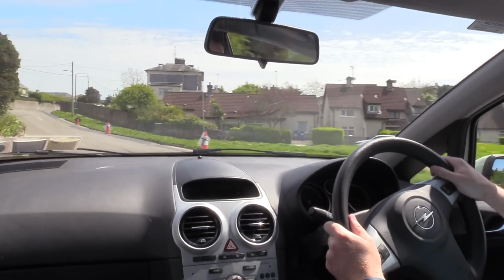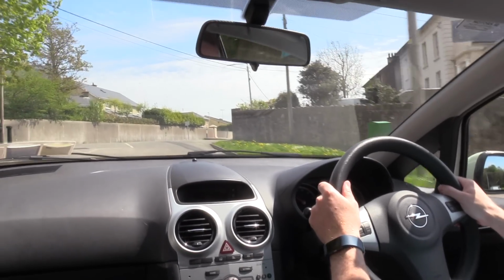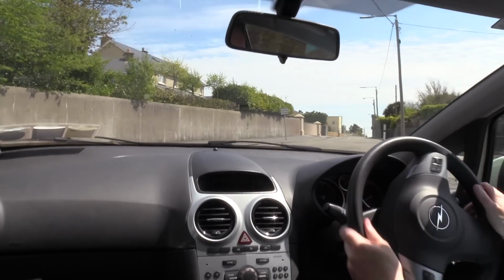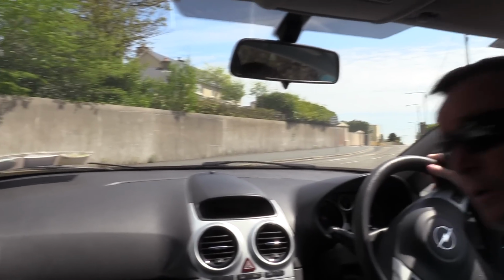Now blind junction coming up here, so I'm going right, mirrors, indicate right. Now there's generally no progress issue when you're dealing with a blind junction. A blind junction means it's difficult to see on either the right or the left. So handbrake, into first gear, I'm looking. Now you can probably see it's okay on the right, but I can't see much on the left, so I'm just going to creep out a little bit